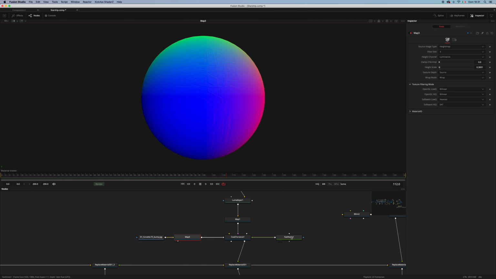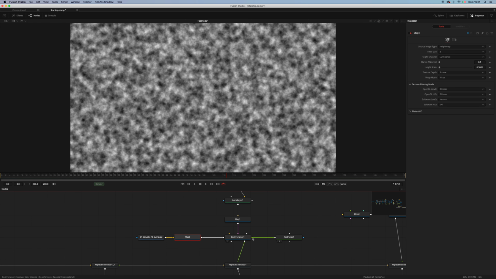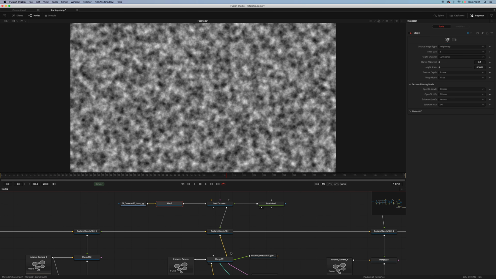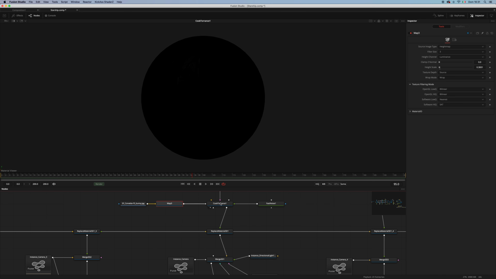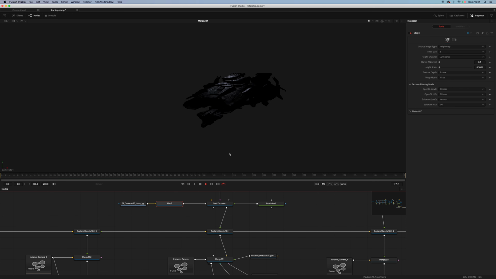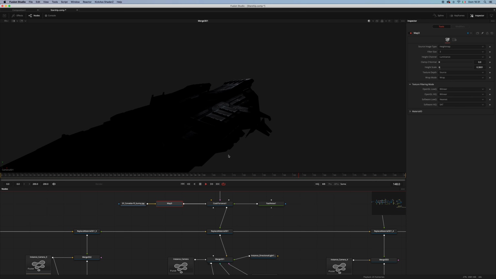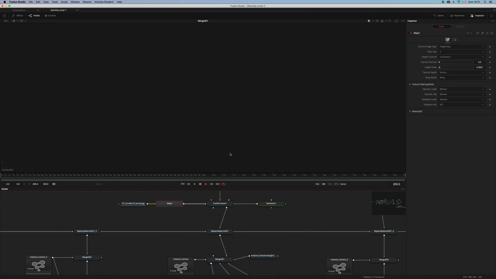And I also used this fast noise in the specular color material of the Cook Torrance, but let me show you the result on the ship, because here you can see almost nothing. So this is our result for the specular,